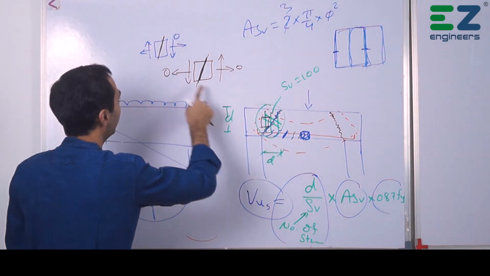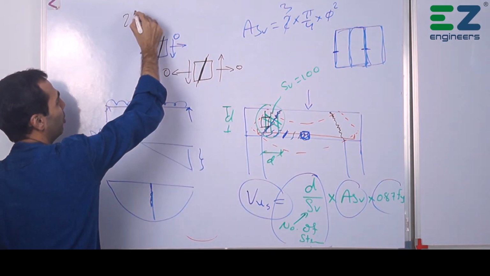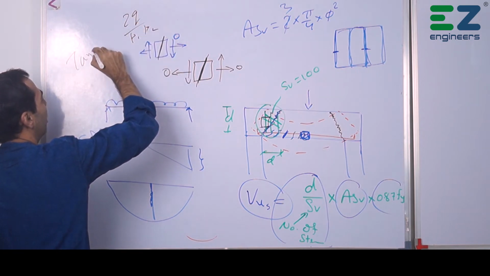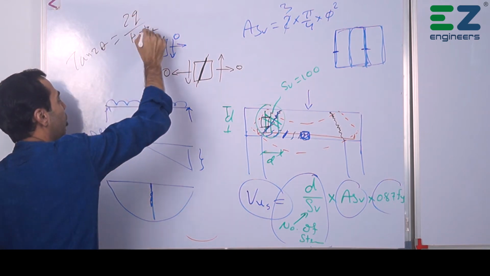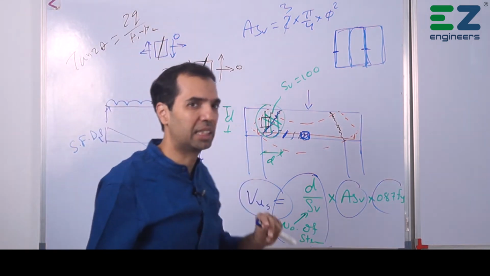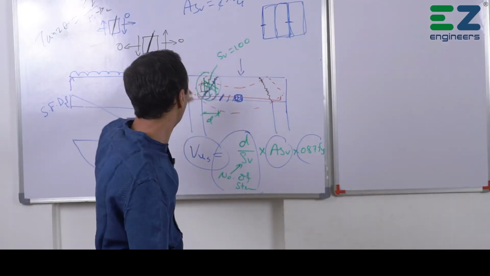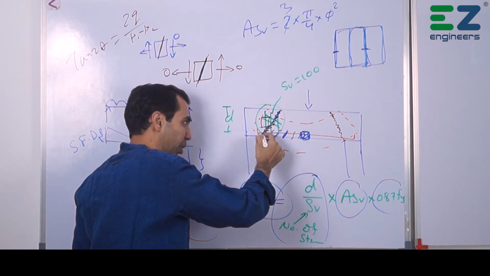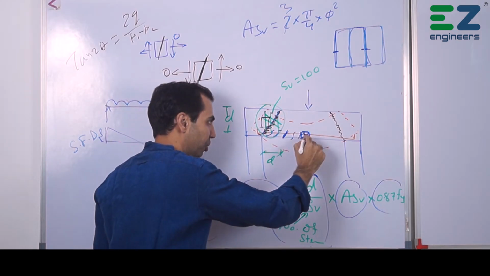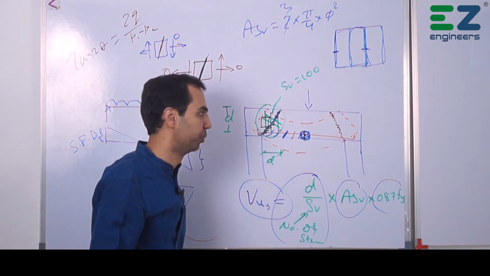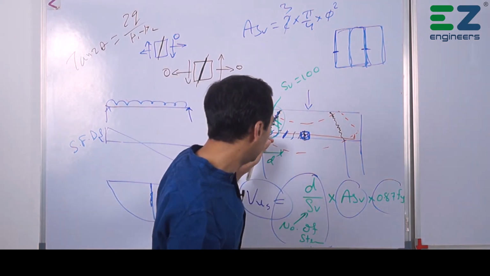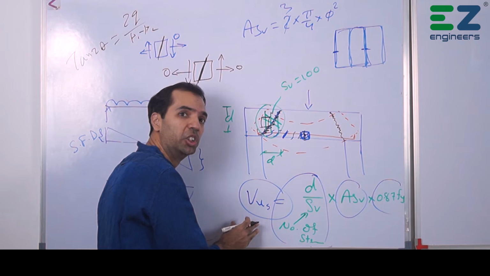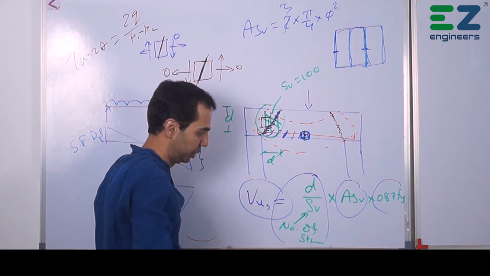So at this particular area, there was some formula: tan 2 theta equals 2q by p1 minus p2. You can check this formula exactly from the textbook. But putting all these values, you will find the principal plane at 45 degree here, and here you find exactly the vertical. Okay, so that's how this crack develops, and this is how you got the shear resistance of the stirrups.